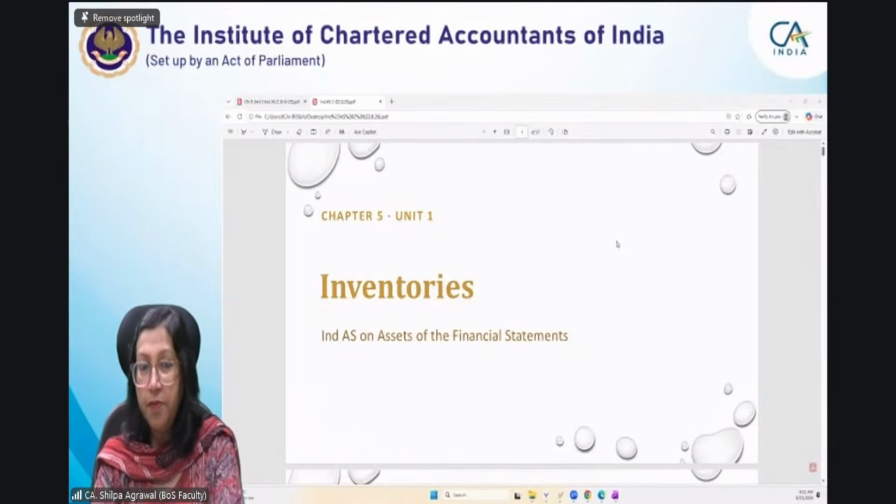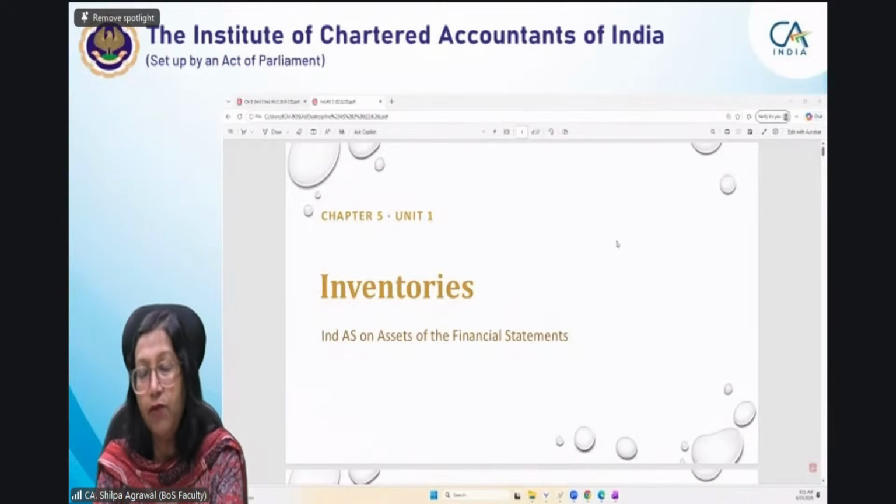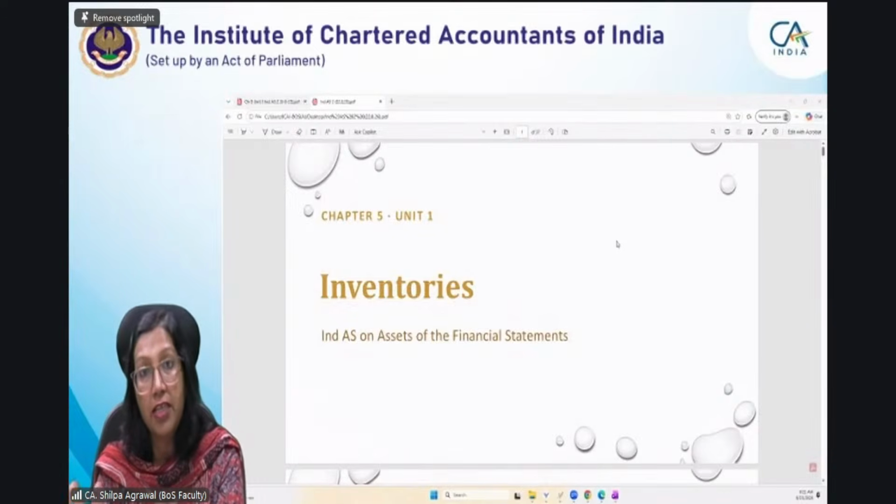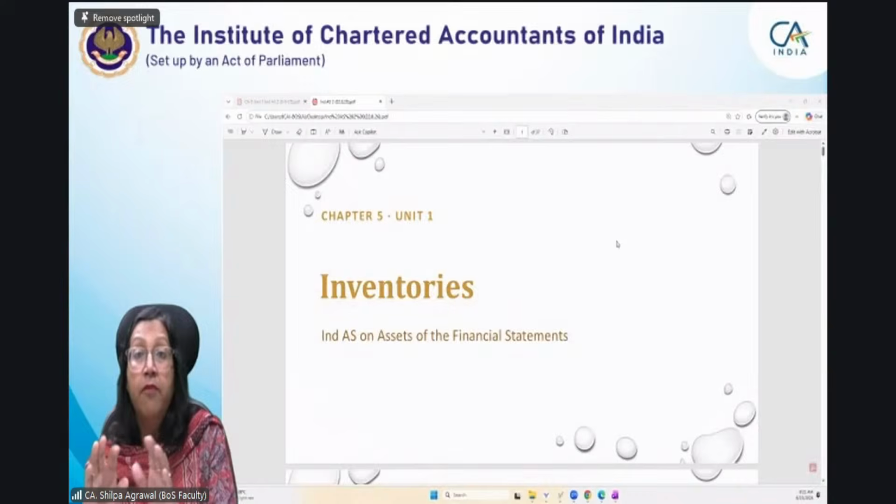Welcome to our new topic for today, that is Ind AS 2 Inventories. I hope as of now you have already completed your Ind AS 115 topic. This is a small topic and also one of the easiest standards among all the 39 standards which have been notified till date, out of which 35 are applicable to you for your financial reporting paper. This is the easiest standard. But why is it easiest?